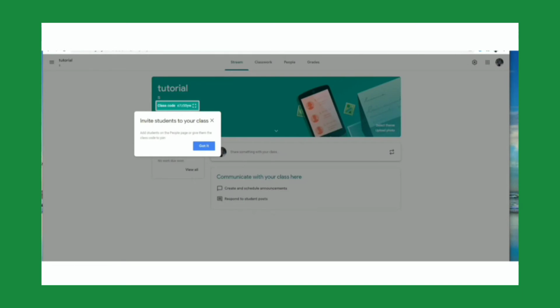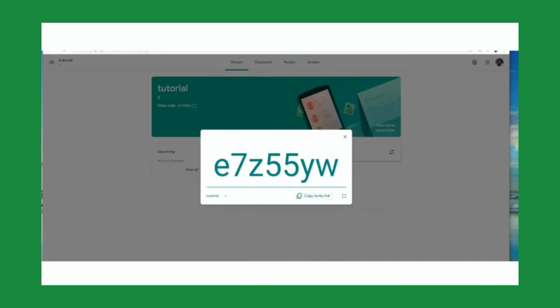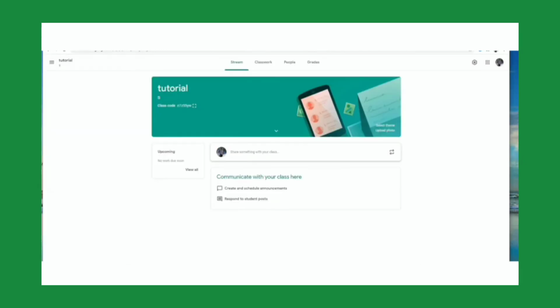Then you can click on the create button and you will end up on your personalized classroom. So now you can share a unique class code which you can find by entering into the classroom, and now you can share the link via mail or you can also share it by copying the link on WhatsApp with others. So now you can communicate with the students and can give announcements to them,